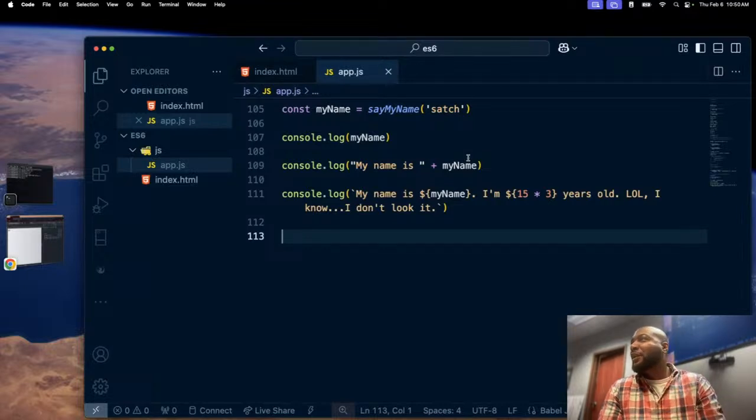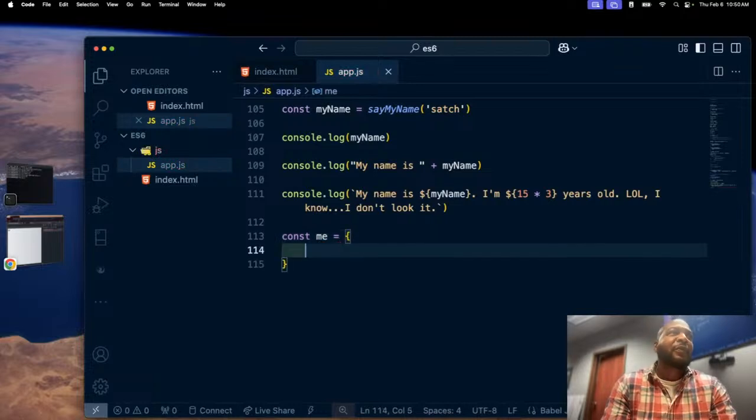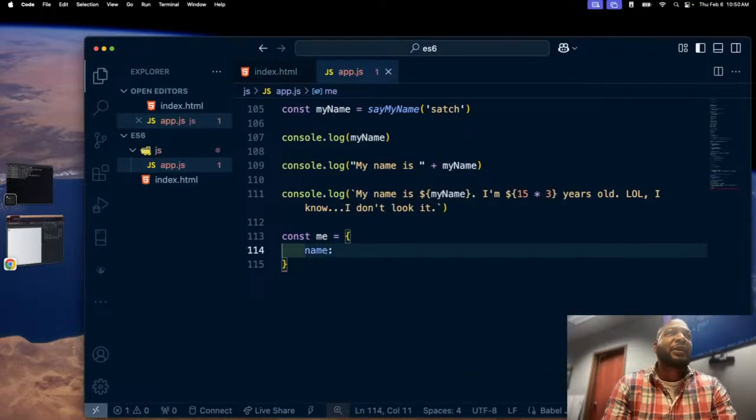Okay, so what I'm going to do here is make a simple object. So I'm going to say const me gets this object right here, and I'll just say name property